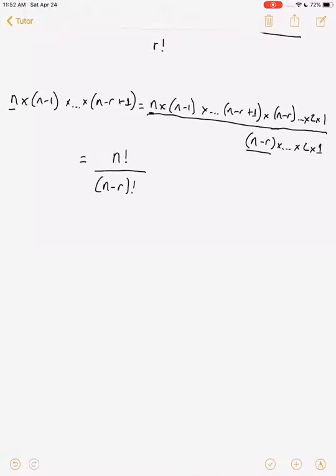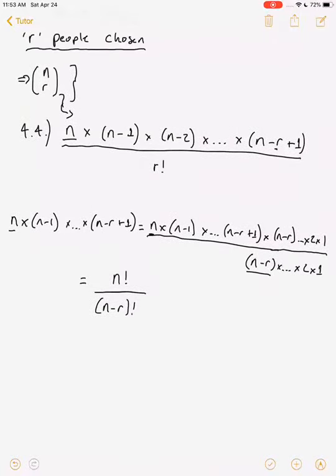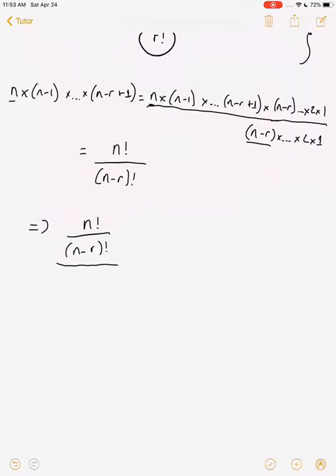Okay. Now, this was just for the numerator, right? Like from this equation, we just looked at the top. We can't forget about the bottom. So if we bring it back and we say n factorial over n minus r factorial, which is the numerator, and then we divide it by the denominator again, which is r factorial, right? And then this is division by a fraction, so it's just multiplying by the reciprocal, and we should end up with,